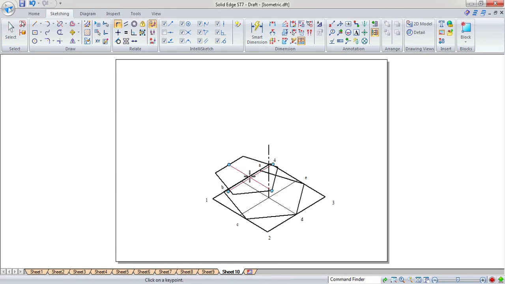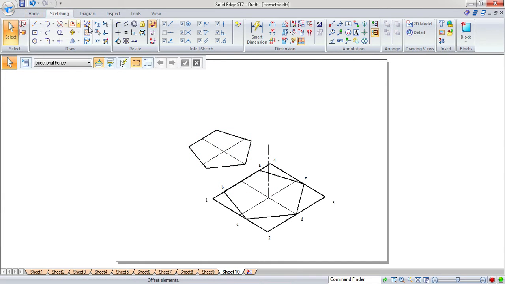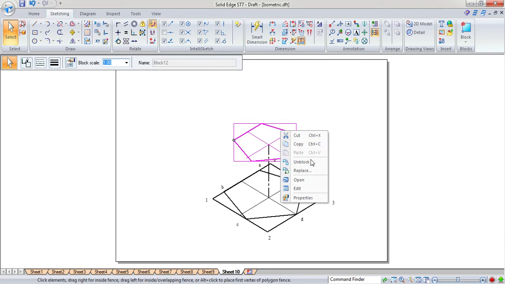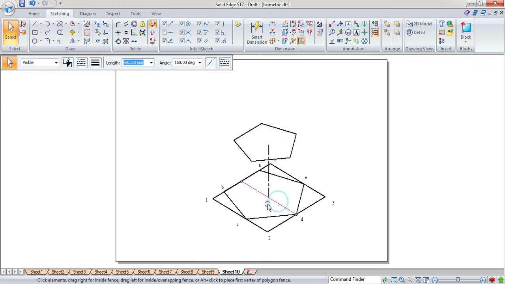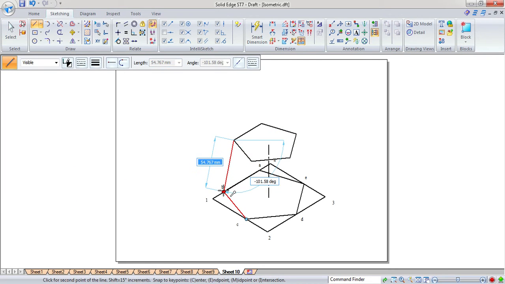Then go for the connect. Before that you can drag it to a convenient position, then go for the connect. This should connect with this point. Once you are connected, unblock this one, and you can just delete all the unnecessary lines you have marked, and join the lateral edges of the pyramid.